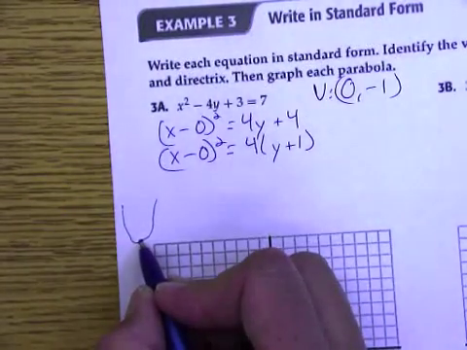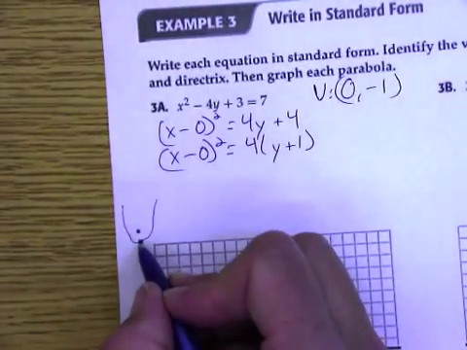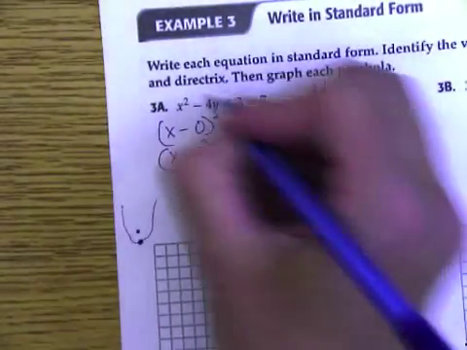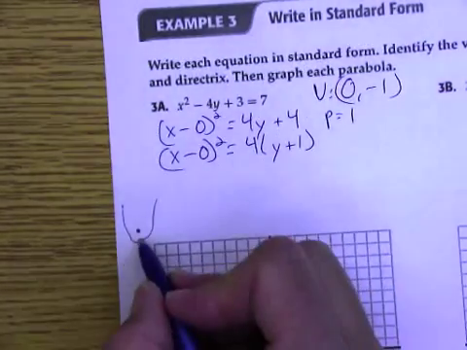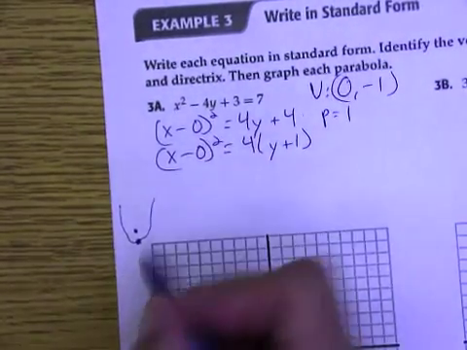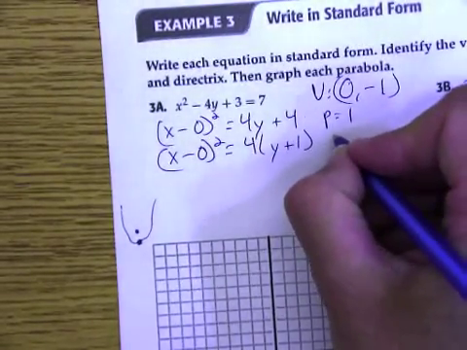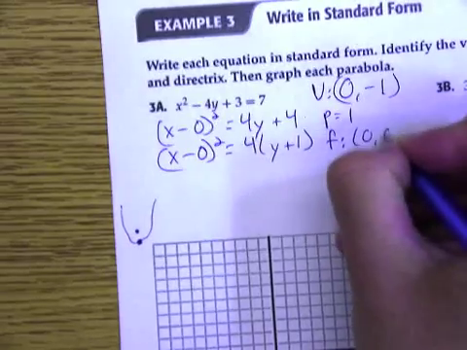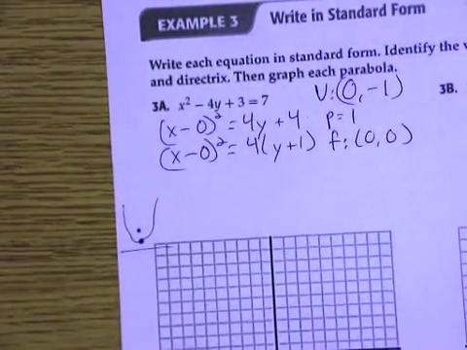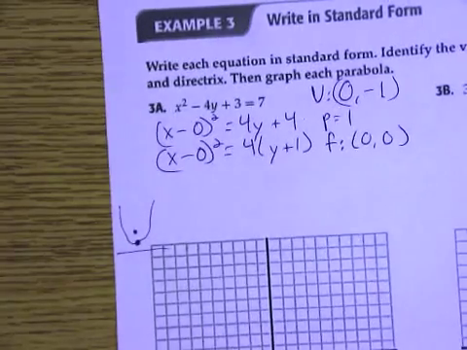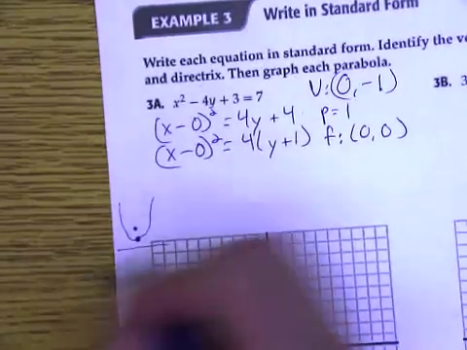Because the x is being squared and because the p-value is positive, this is opening up. And again, the main reason why I'm sketching it off to the side is just so that I conceptually have an idea of, okay, here's my vertex. The focus is going to be p spaces up from my vertex. P is 1. So it's going to be 1 space up from the vertex. 1 space up from 0, negative 1